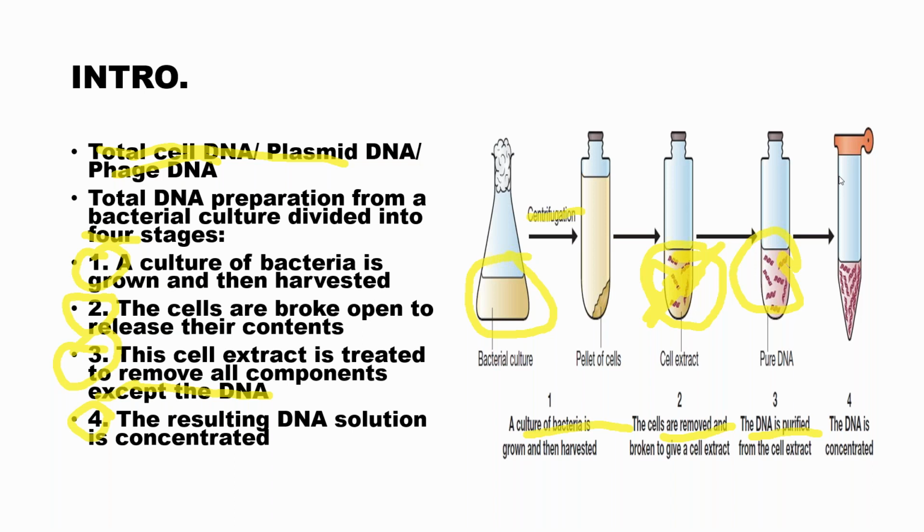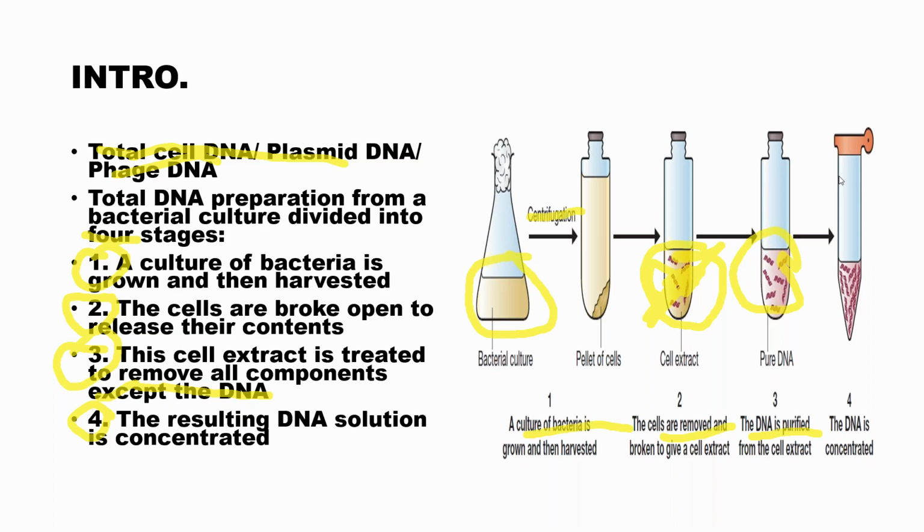will vary from cell to cell. For example, the DNA content of the bacterial cell will be quite different from the phage, quite different from the plant cell, quite different from the animal cell. Yeah, a lot of reasons are there. But the basic reason is when we are going for a recombinant DNA technology experiment or protocol, we must have our desired gene in the purest form in the required concentration. That is most important.